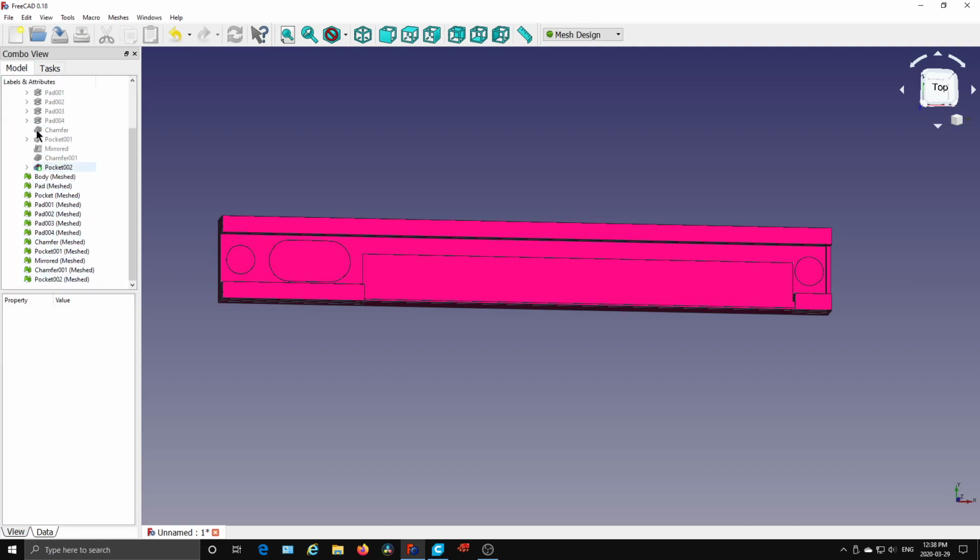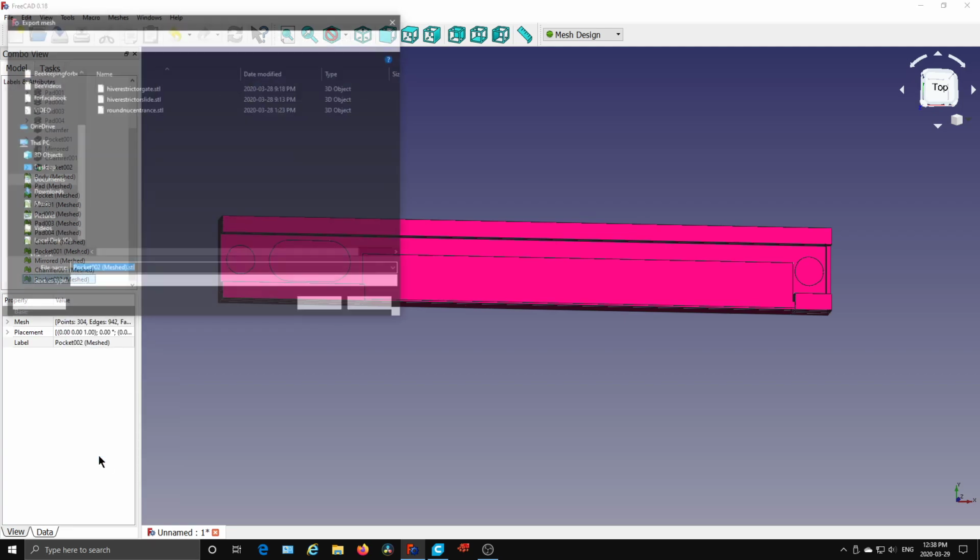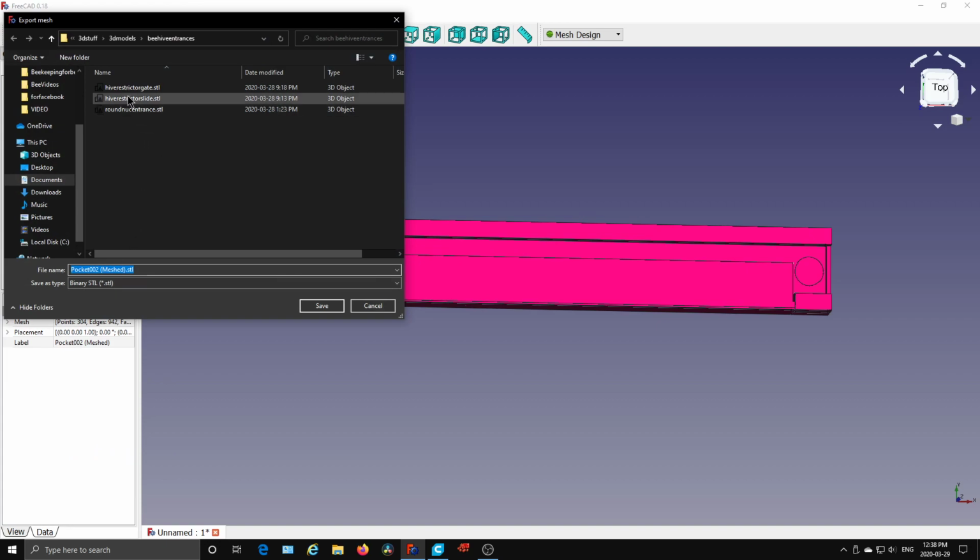If you look over in the task list under the Model tab, you can see we have a bunch of mesh parts here. You can normally just right-click the bottom one, export the mesh,